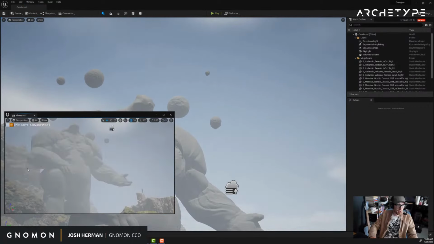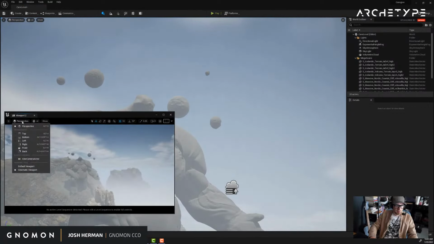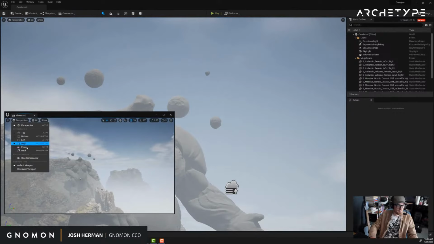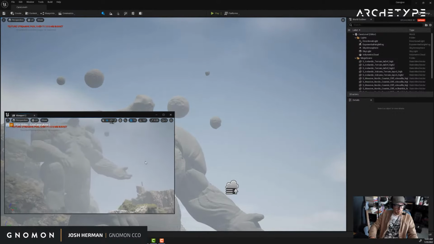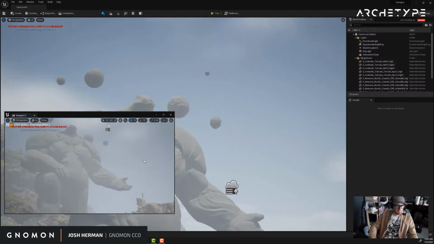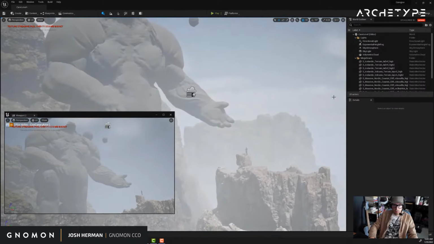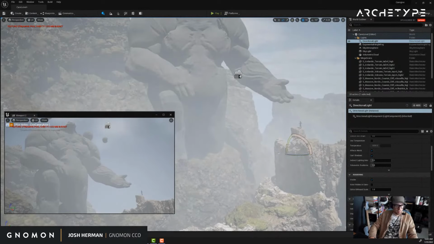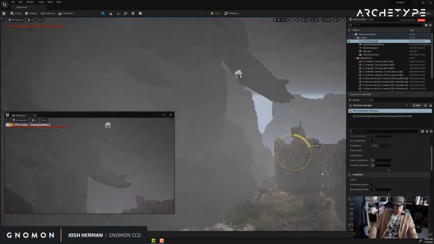We can also make it a cinematic view, which is slightly different, but we're going to do this one. And that means I can pilot these separately. And that will let me go into the directional light. And now if I wanted to play around with that lighting like we were talking about,